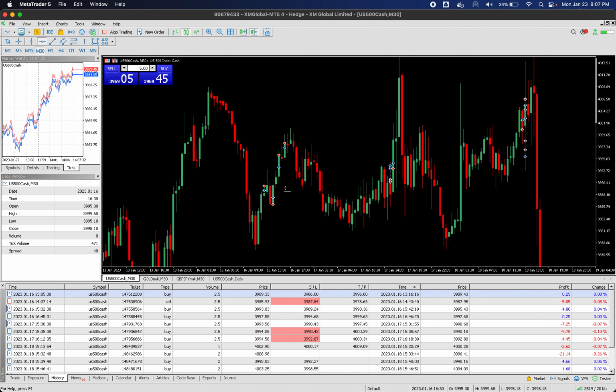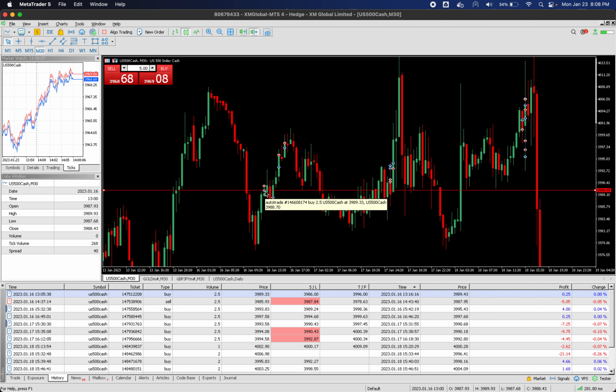So I have this target right here. So my idea is as soon as the next candle, I took the trade 5 minutes after this candle closes. So my idea is the moment it breaks the high, I will put a buy order,